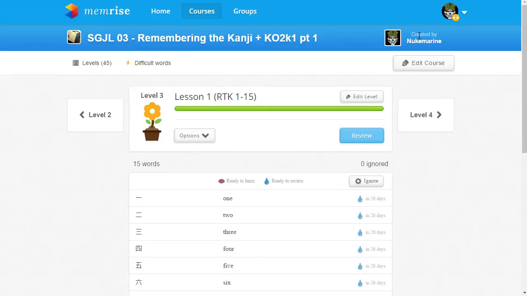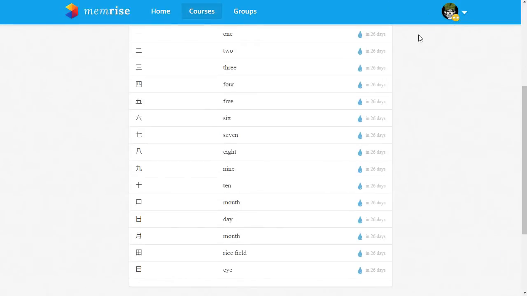Alright, so this is for lesson 1. So again, this is Suggested Guide for Japanese Literacy, Course 3, which is the Remembering the Kanji Optimized, numbers 1 through 555. This is lesson 1, which covers these 15 kanji. These 15 kanji we'll also see are